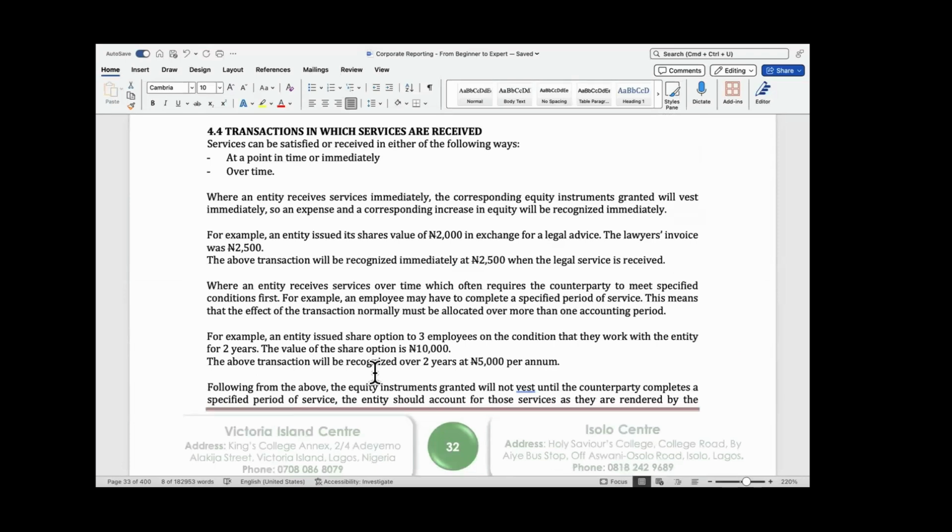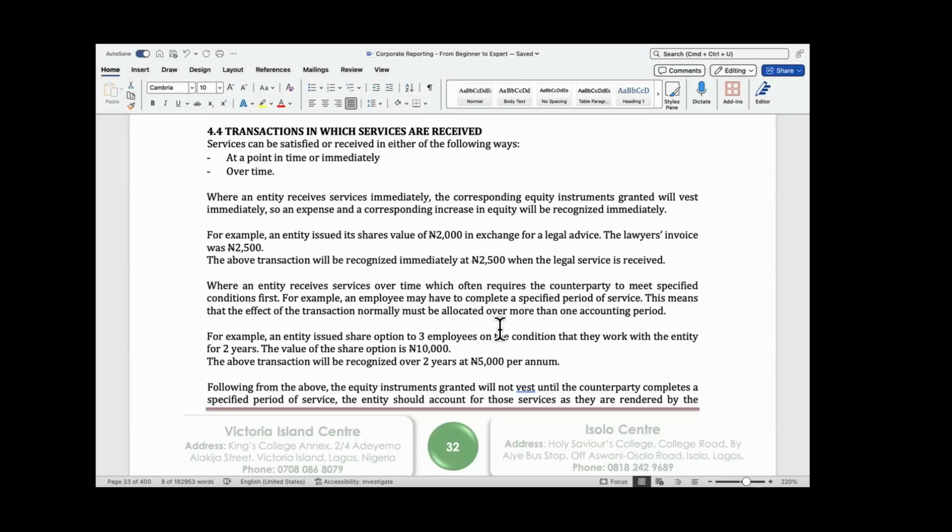For that reason, the transaction itself must also be recognized over time. If it is at a point in time, like a transaction with an outside supplier, somebody came to offer us service, it's a one-off transaction. The person just offers service and we pay. That one is straightforward. But when it comes to an employee, the service is always there as long as the employee is